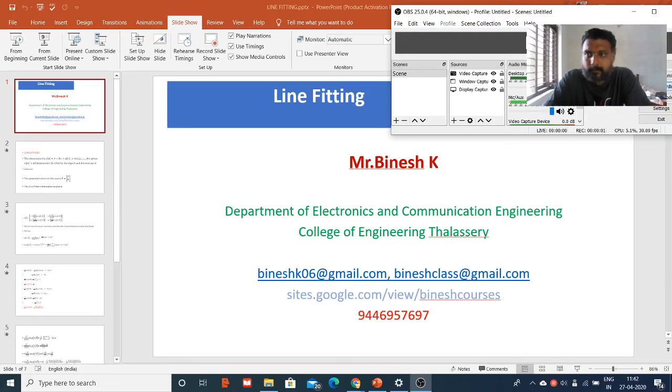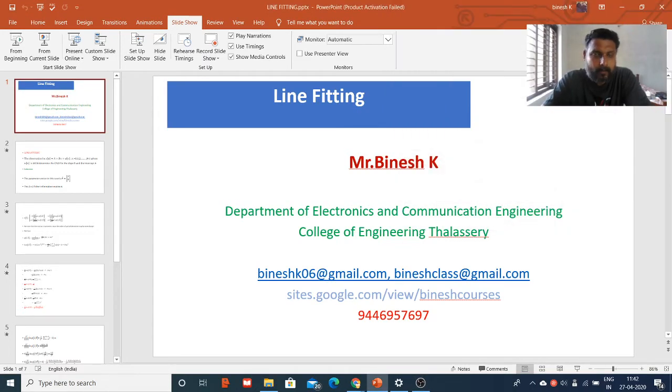Very good morning. In today's lecture, we will continue with another example, which is line fitting. That is the continuation of the extension of CRLB to a vector parameter. I think the last problem, the DC level in white Gaussian noise, has been cleared for you. How we are solving